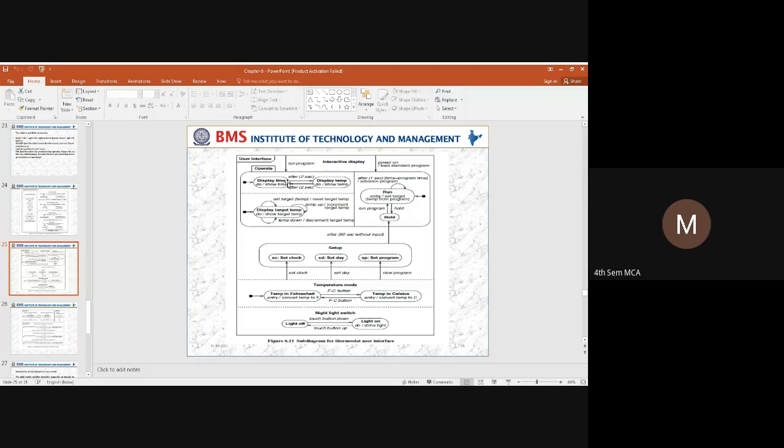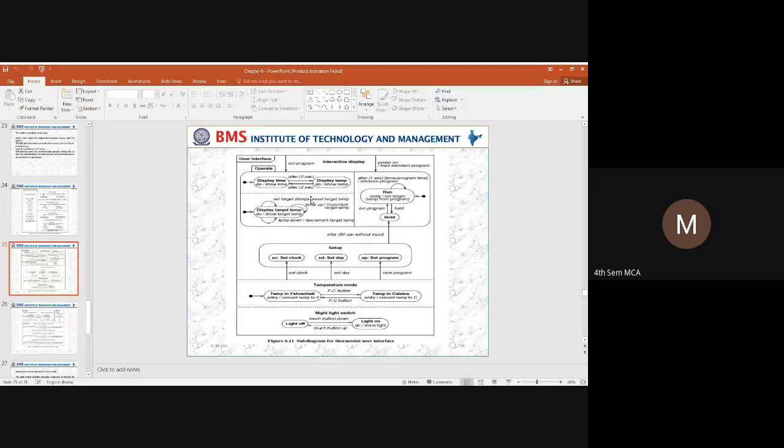So here we have two different concurrent activities. When the time is displaying, correspondingly it has to show the targeted temperature. You can see here the arrow. The arrow is a repeated process here. How can we do that? There is a condition for this arrow. So set the target temperature or reset the target temperature.